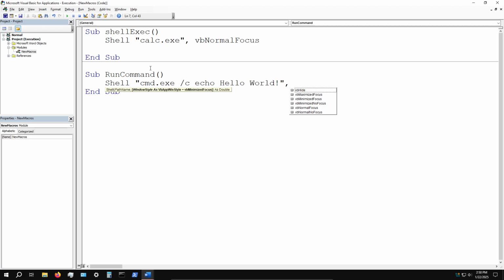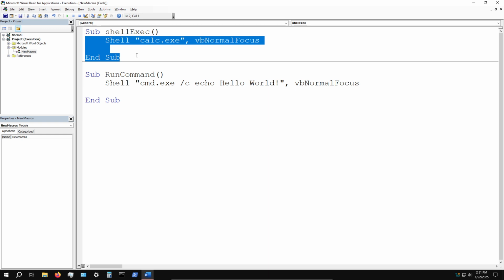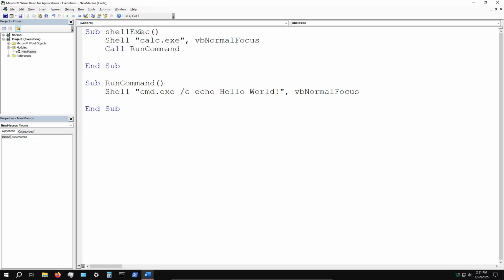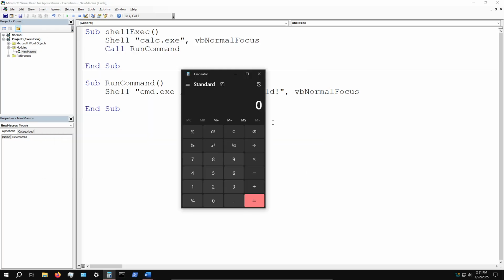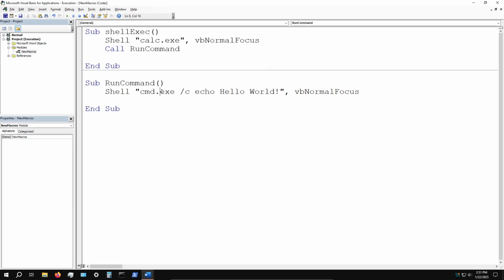And in this case, we can say vbNormalFocus, like so. Then we are just going to get rid of this, and actually, we can just call it. So call run command, and there we are, calc, and you can see this executed. However, because it's a CMD command, we still got the window, right? So if I run it again,